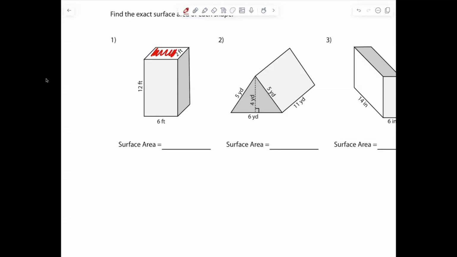All right, listen, try to answer my question. Look at the top of the prism. That has an area. There's another side that has the same exact area. That's the one directly across. So what I'm trying to show you is that there are 2 of the top and the bottom that are exactly the same,